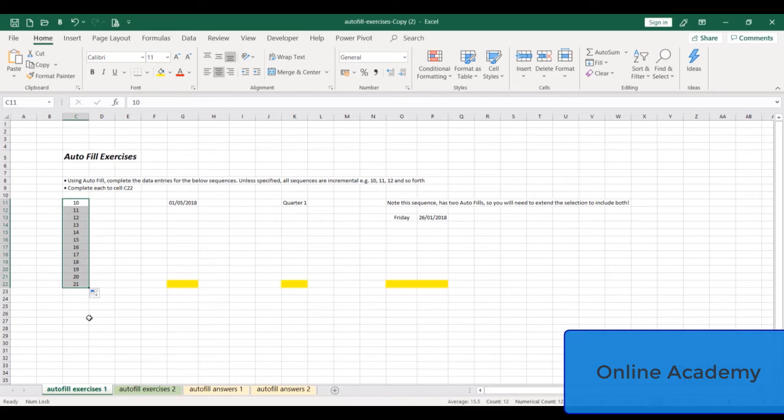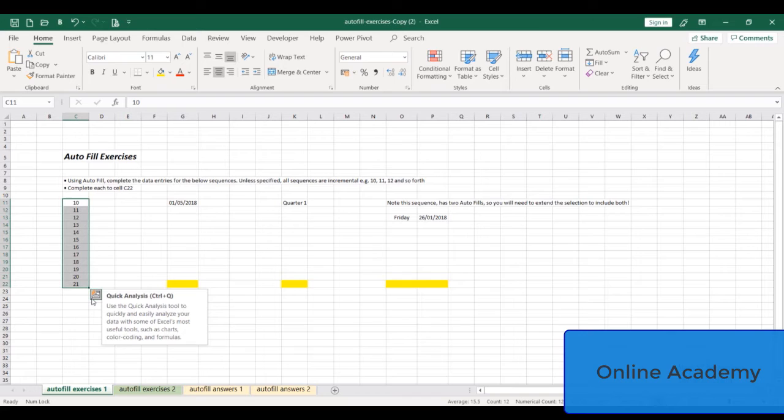So just to show you what I mean, if I click into this cell, you can see that because the focus goes into this cell, the icon which was here, in other words the autofill icon, disappears. Now let's say I want to go back to this sequence of data and get that autofill icon back. If I select the data, you can see that the icon does not appear again, but instead we get